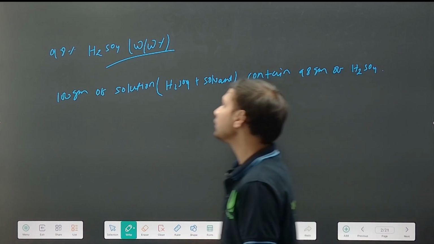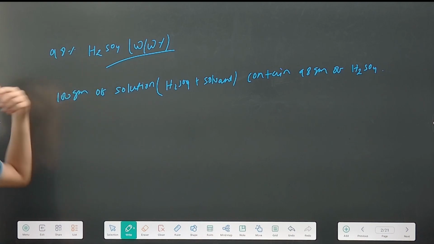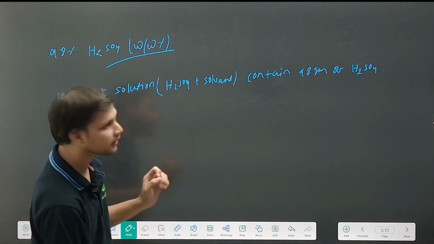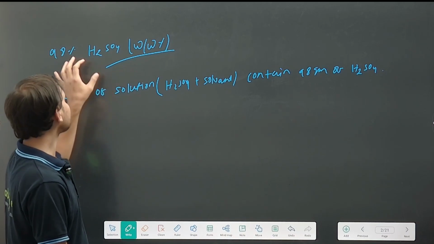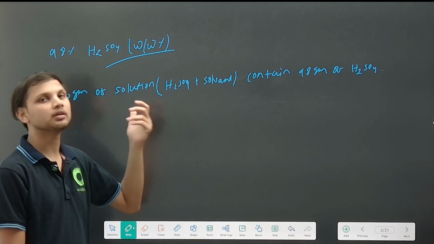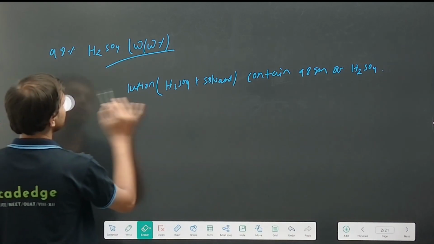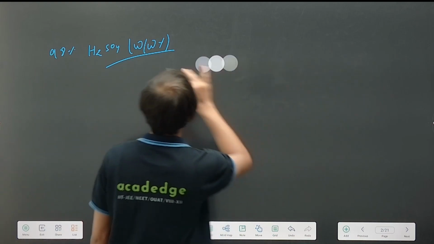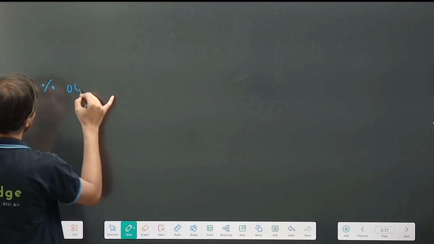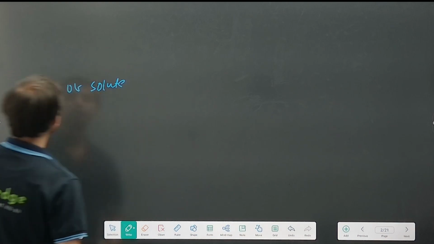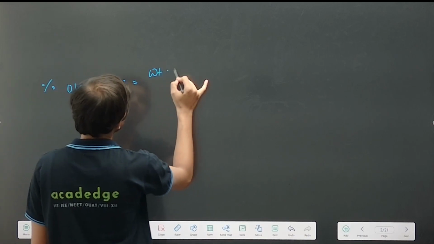So we usually understand this: if weight by weight percentage is given, I will consider the solution mass as 100 gram, and the percentage given to you will be the mass of solute, or it can be the mass of solvent. From these things I can easily make a formula to find the percentage. If I want to calculate the percentage of solute, the formula can be written as the weight of solute